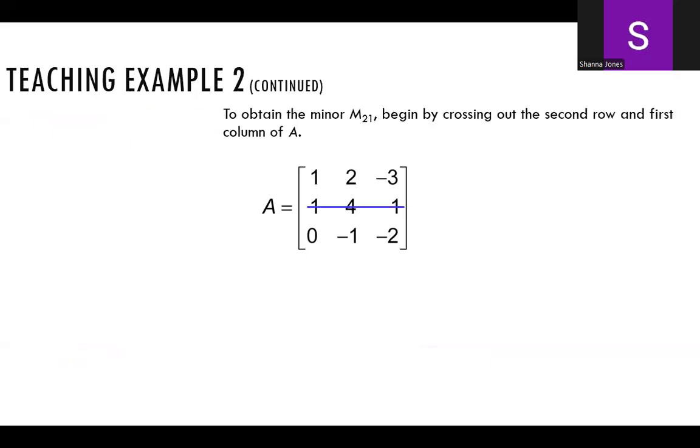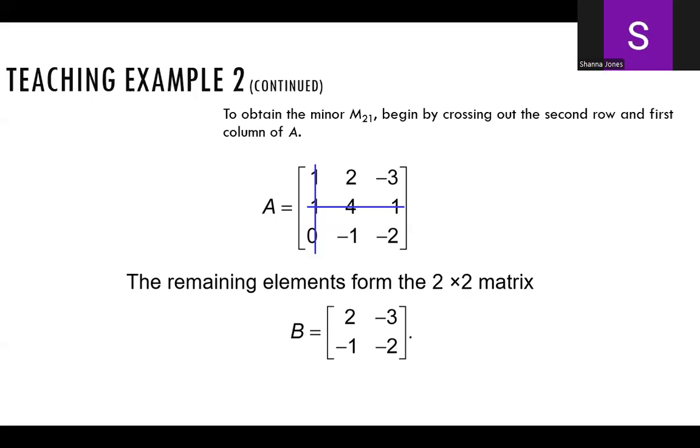Okay. Same premise here. We have matrix, we have M21, minor sub 2, 1. Let me say it correctly, I guess. But M21, you know what I meant. So we're going to eliminate row 2, column 1. And from there, my minor matrix that is created is 2, -3, -1, and -2. Now that I have this minor matrix, can I use the 2 by 2 rule to find its determinant? Yes. And the determinant would be,